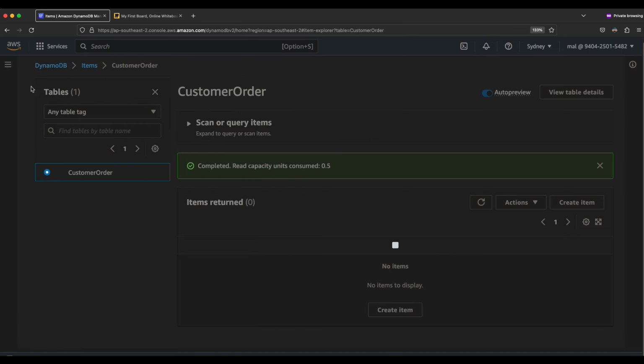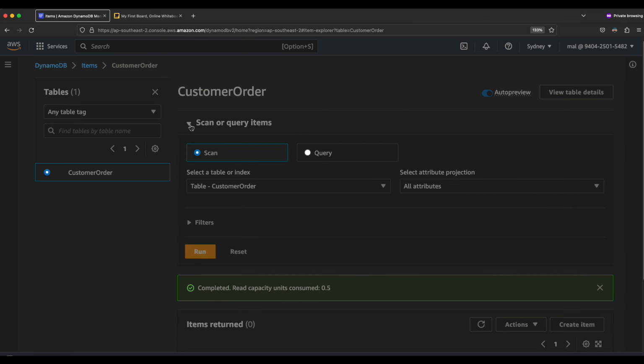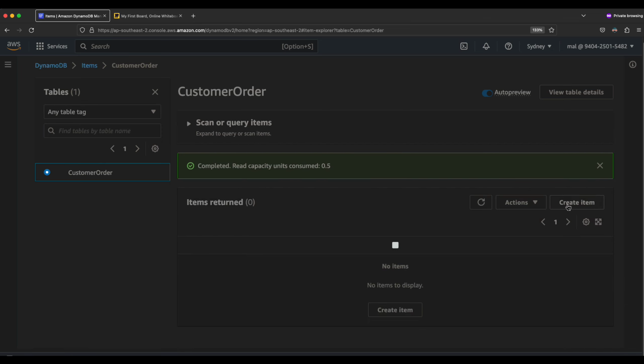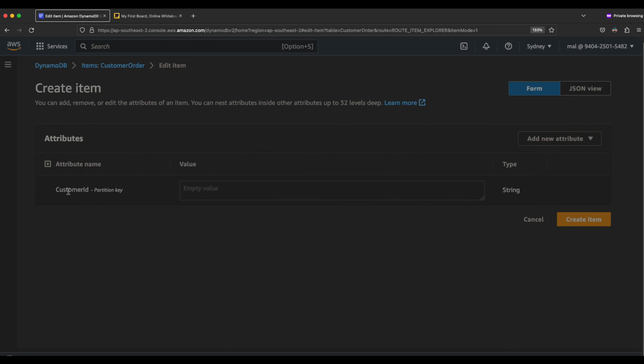I'm getting some more room. This is where, if you have some items, you can see them. Currently we don't have an item. Let's create a few items and then see what a scan is and what a query is. Let's create an item. As customer ID is the partition key, which is required, you need to give a